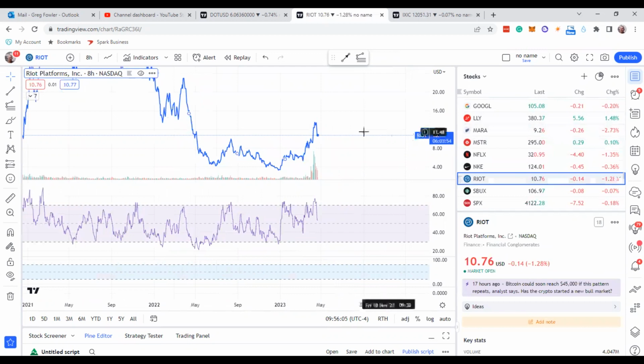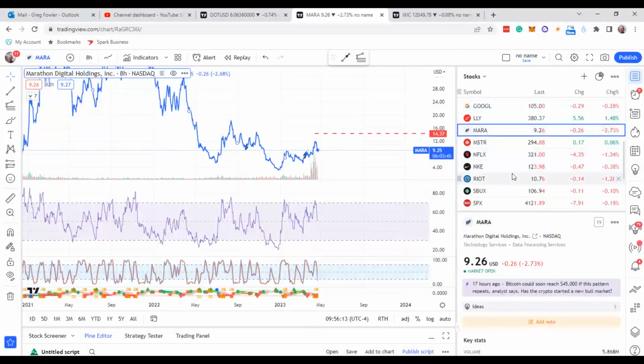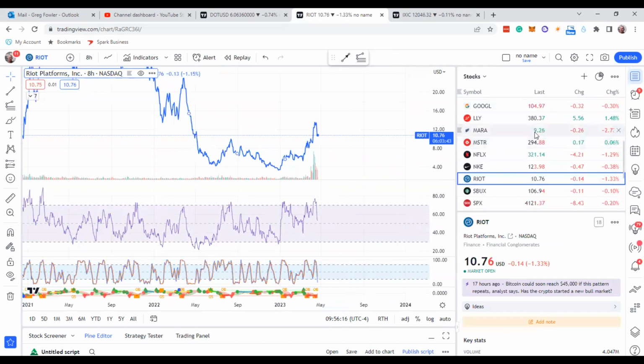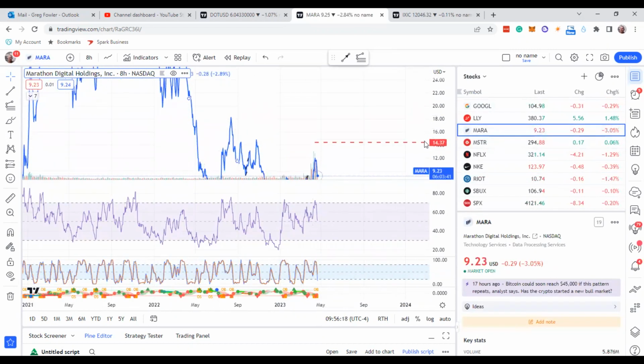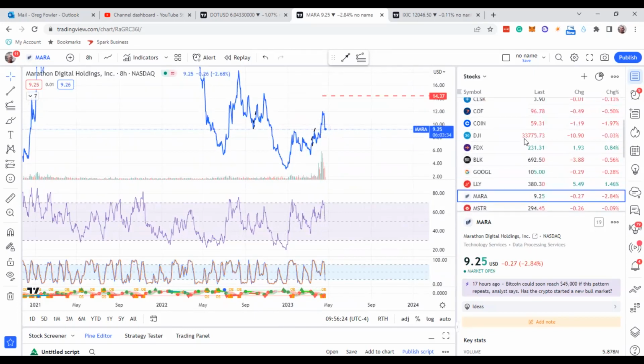And then you're looking at these, like Mara. Mara did a good job. It's in a 1-2. I think it ripped off a third wave, and it's probably going to do another wave over there. Same thing, not Mara, that was Riot, excuse me. That was Riot Blockchain and Mara. These are proxies of Bitcoin. This one's a little bit less. Have to see what that's going to do right there on Mara.